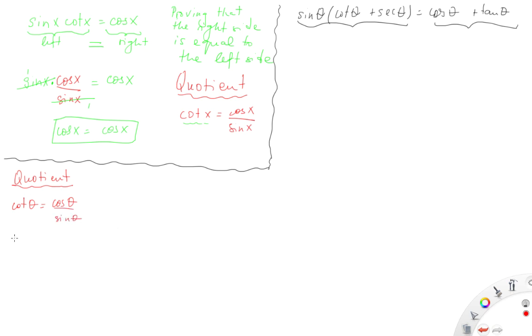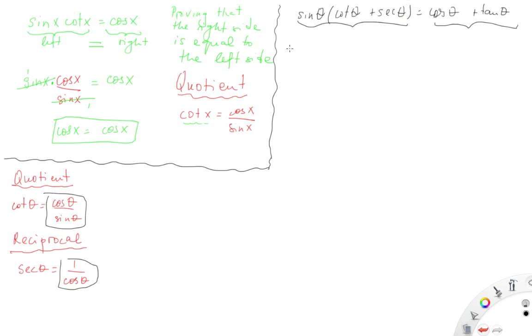Also for secant, I can use the reciprocal identities. I know that secant of theta is equal to 1 over cosine of theta. So I'm going to take this and this over here, and I'm going to substitute it up in the equation